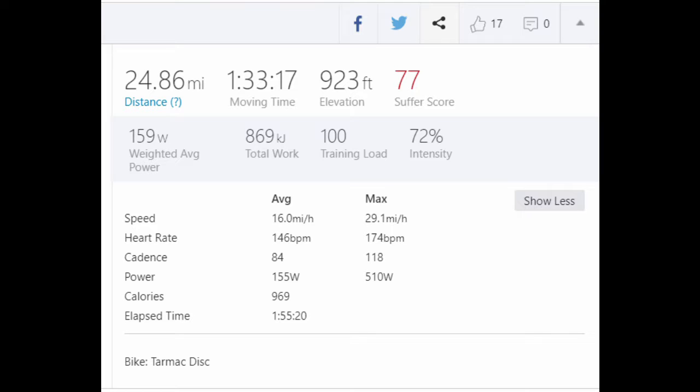The weird thing, at least from my perspective, is that I still think 7/10 of a mile is a lot to be off, and I'm not sure if that's a result of the Garmin auto-calculating wheel circumference, correlating the wheel spin from the sensor to the actual GPS distance traveled. I don't know if the Karoo does that or not. You have to put in a specific wheel circumference for the Karoo, which I thought I did correctly, but it's possible I'm still off by a little bit. But anyways,